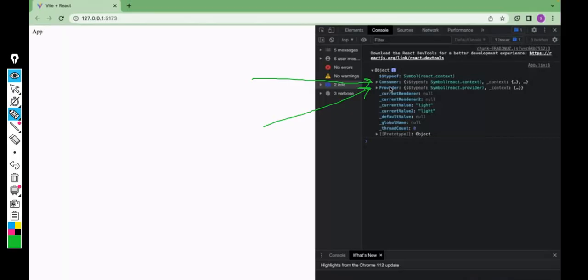So what will the provider provide you? The provider will provide some value. In this case, the value that the provider is providing is light. The light value it is providing, which we mentioned here.